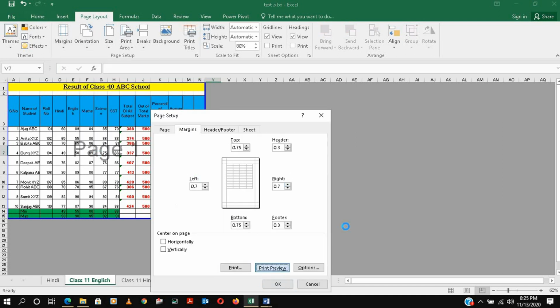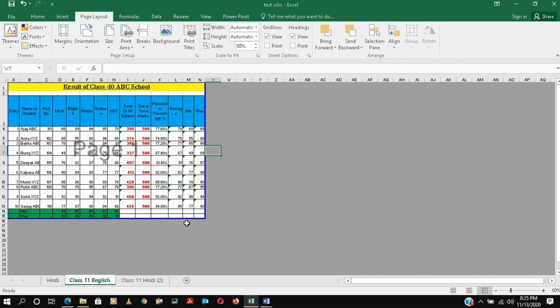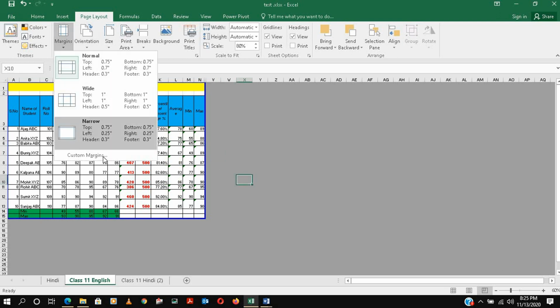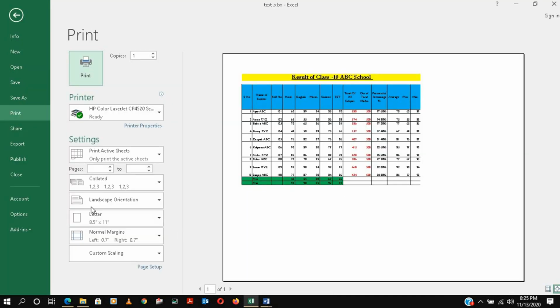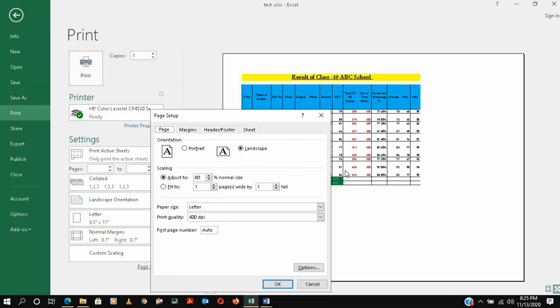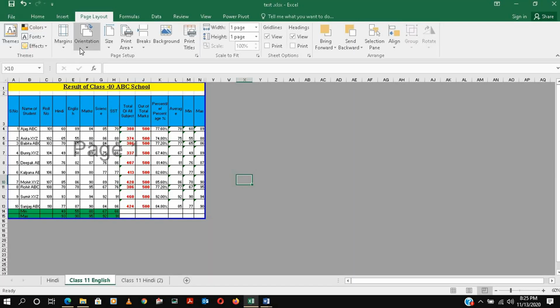But we can see how it will be reflected in our actual page. So we'll see here in print preview. It's very small, so better we change this orientation into landscape in this case. So we'll change this into landscape, so it will look nice. Again we'll just check. Yeah, but again we have to set up, so fit it one by one and you can increase it accordingly, as per your requirement. So basically orientation is done.